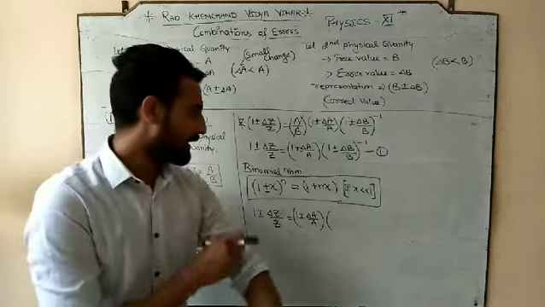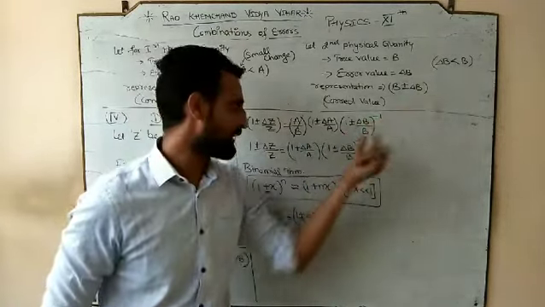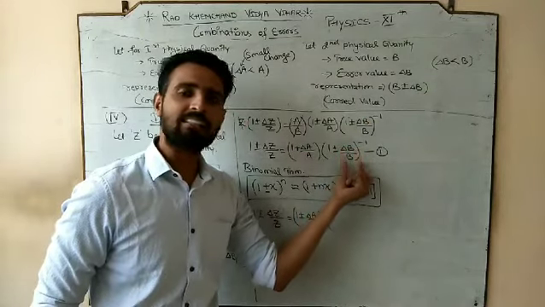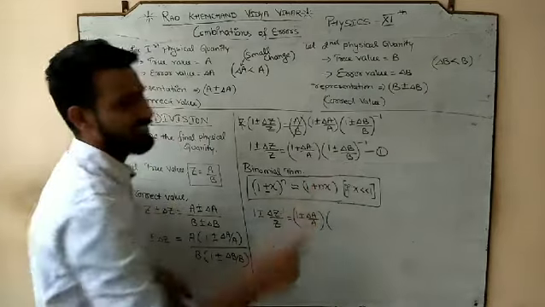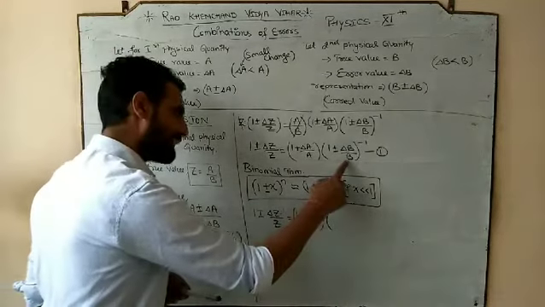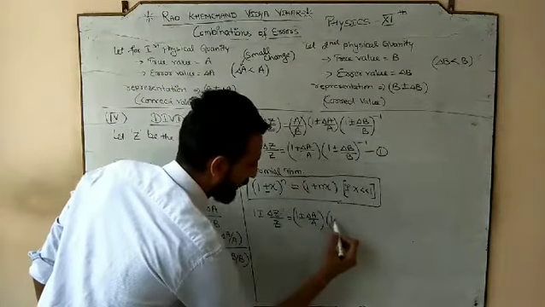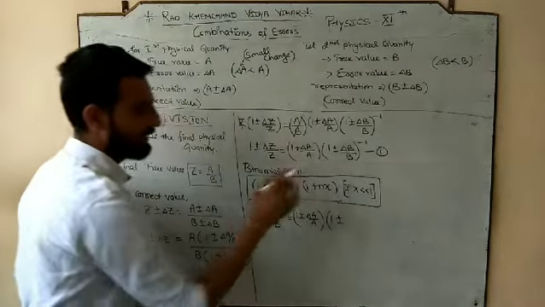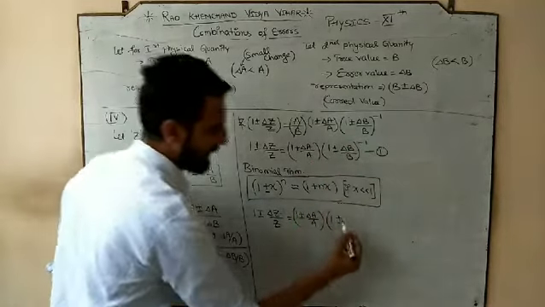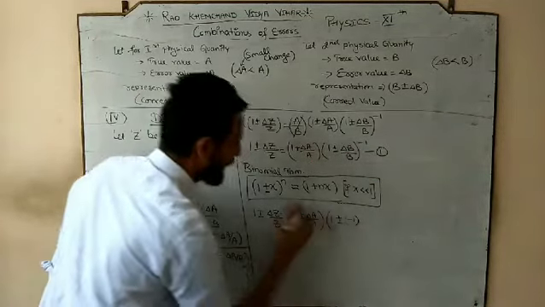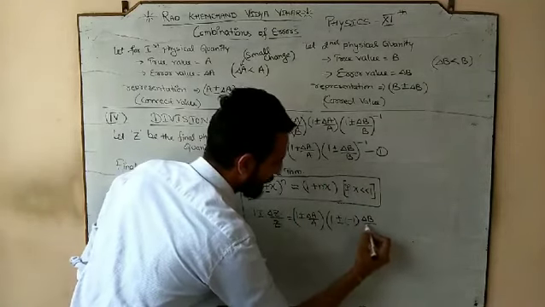So what we got in a division, delta b by b, delta b is less than b. So the numerator part is less than your denominator part. And if it is so, this would always be less than 1. And if it is less than 1, it satisfies this condition and it will become 1 plus minus n x. N stands for the power that we have. And what is the power that we have? We have negative 1 and into x. And what was the x? Delta b by b.